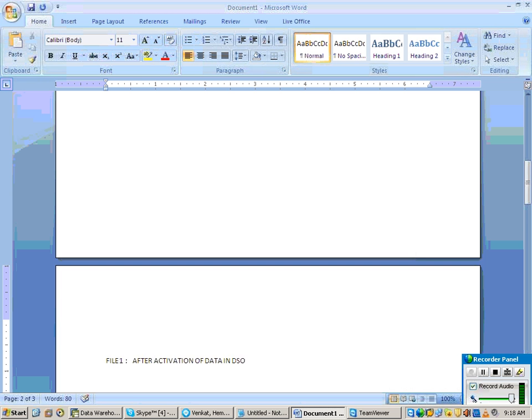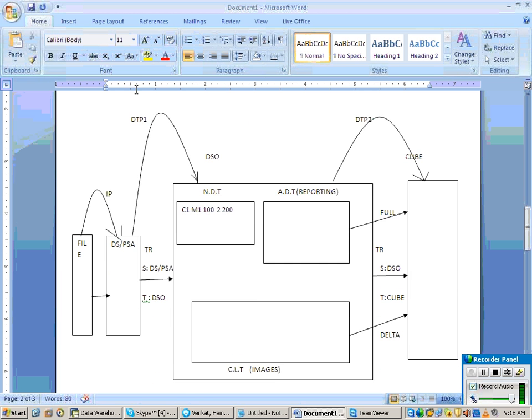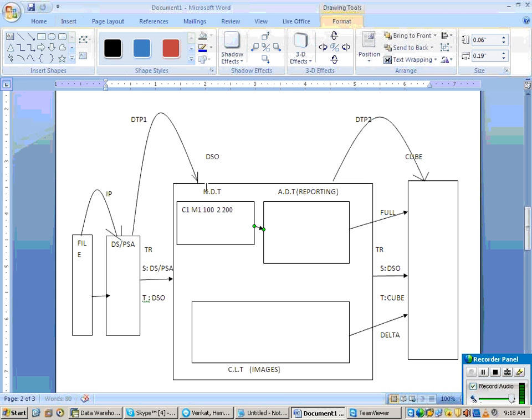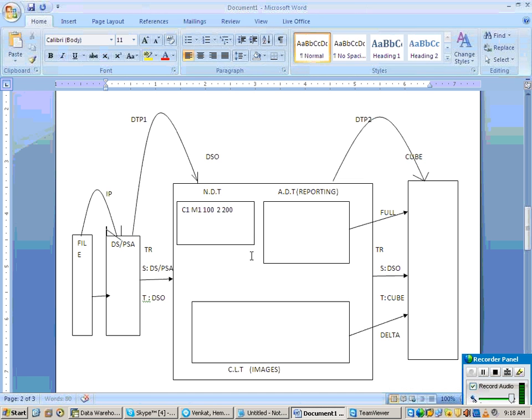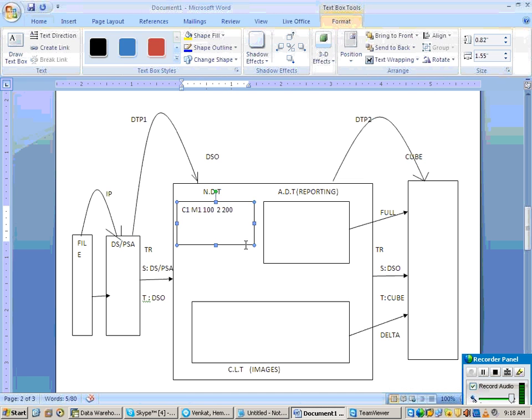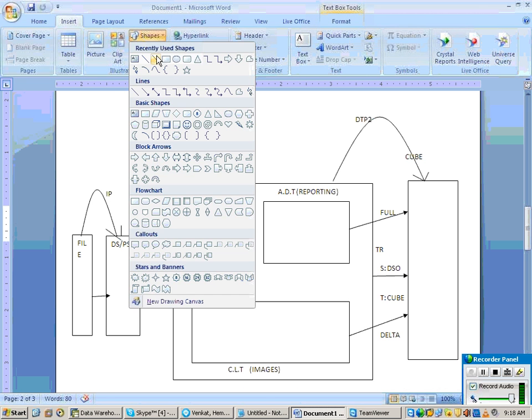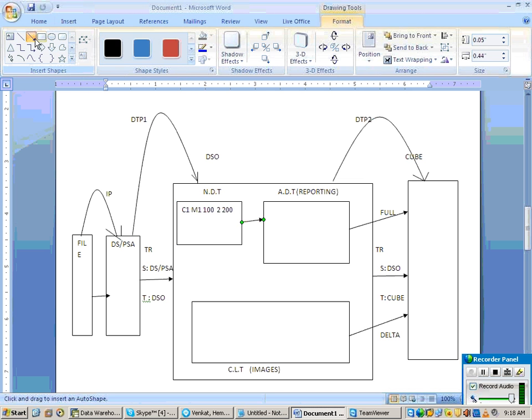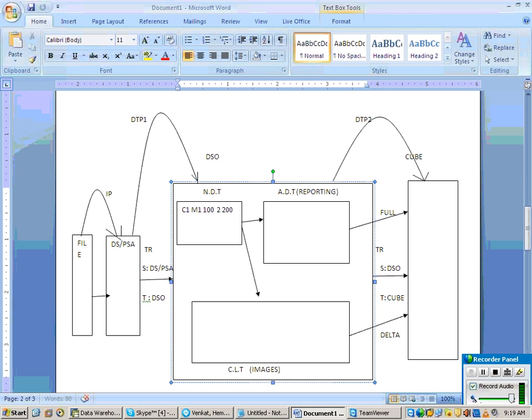So now we are performing something called activation of data in DSO.